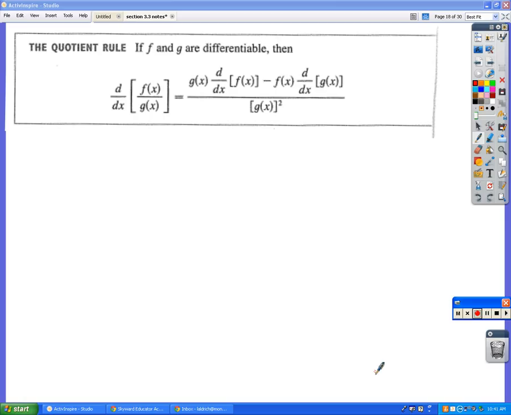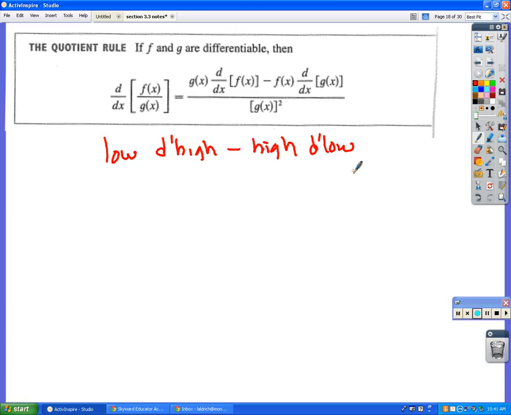There's the quotient rule as it is officially written, which is the bottom function times the derivative of the top function minus the top function times the derivative of the bottom function over the bottom function squared. But the mnemonic device is Low D high minus high D low over the square of what's below. Okay, low D high minus high D low